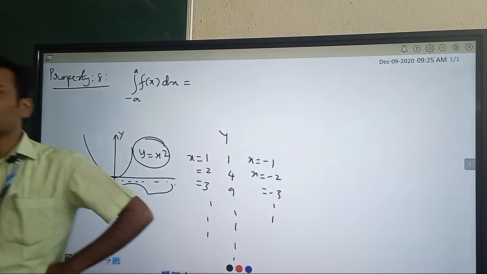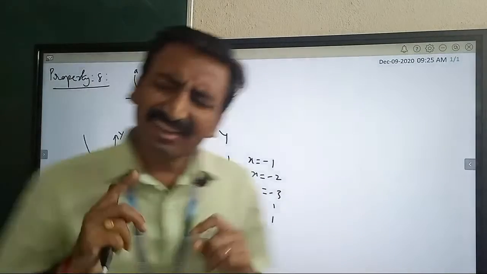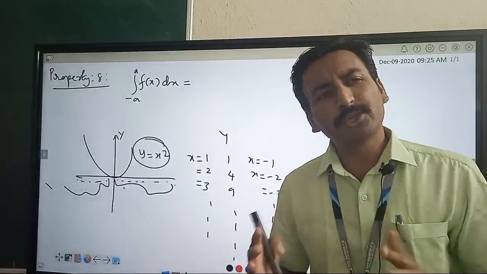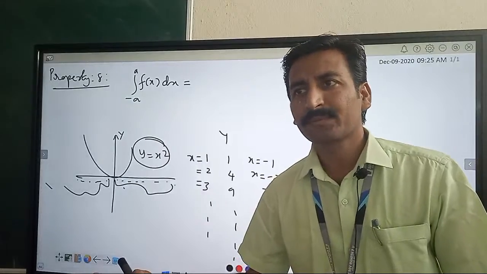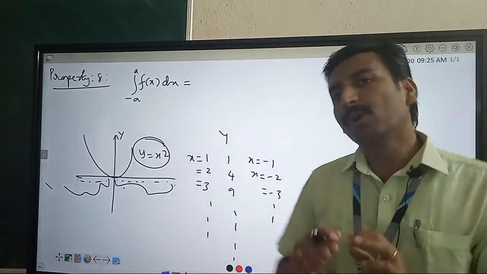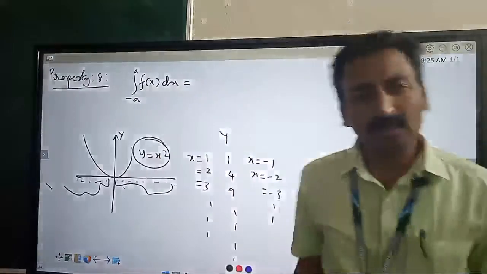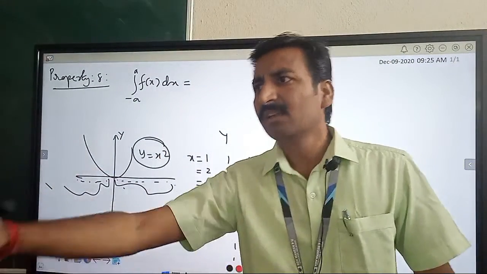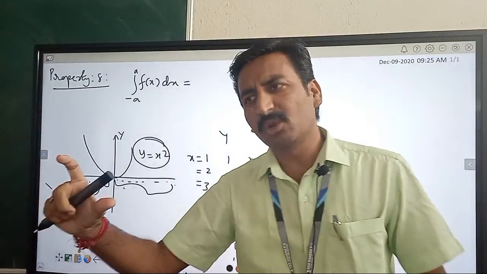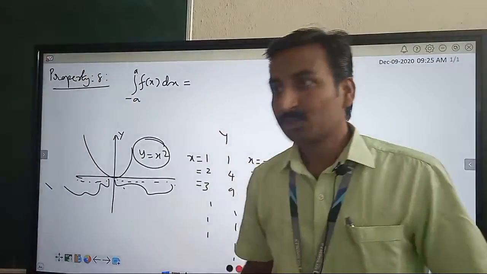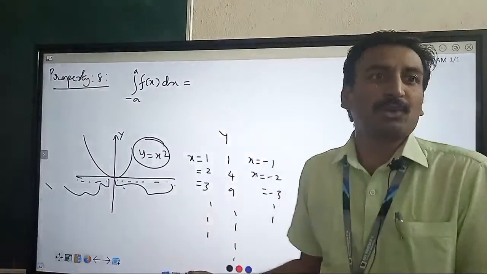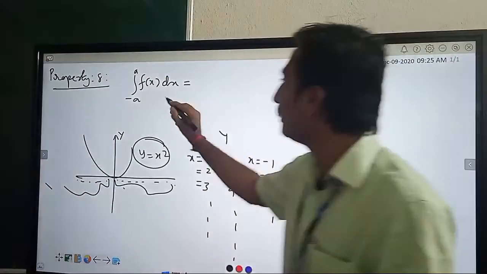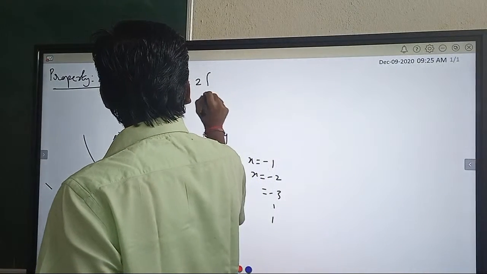So one thing I come to know, अगर आपके पास दोनों का वैल्यू सेम है, बराबर है, then why should I take the struggle? Say for example, if you want to run 200 meters, and someone says, अरे बाबा आप 100 meter दौड़ो. If you run 100 meters and we can calculate the speed for 200 also, then you will be very happy. You feel that, अरे बाबा, why should I run for 200? I will run only 100 meters. Correct? The same thing, the property will tell you that the integral from minus a to a of f of x dx is